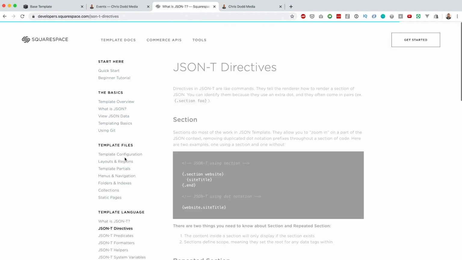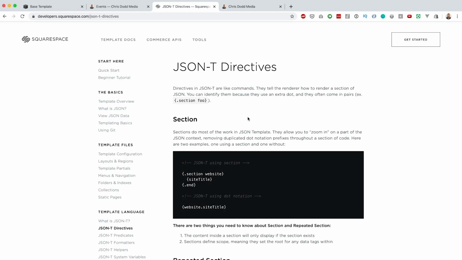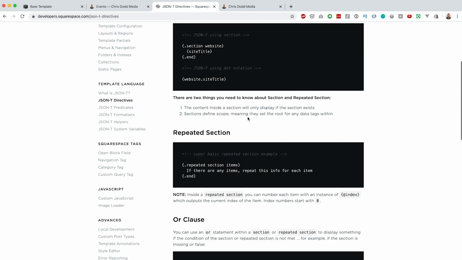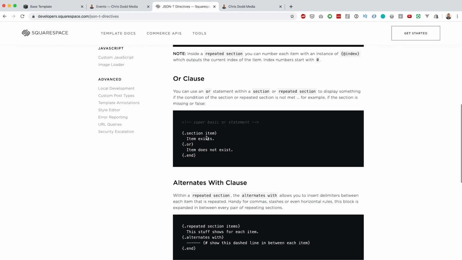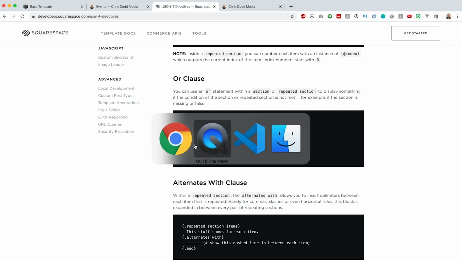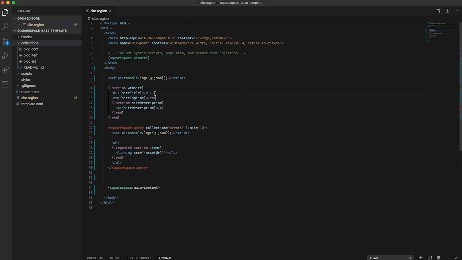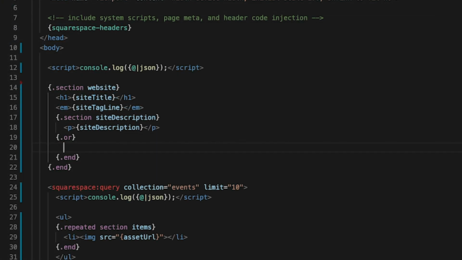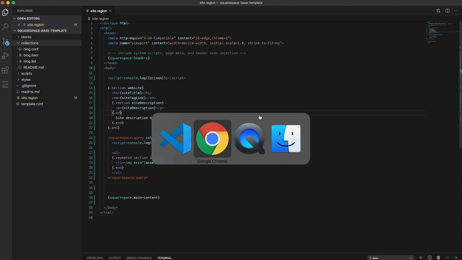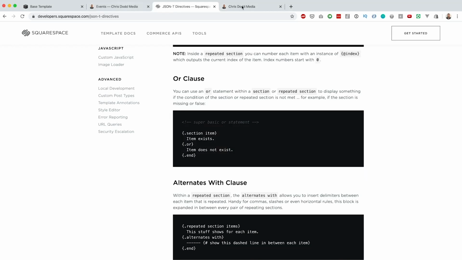Inside this menu item for JSON T directives, it talks more about the section and repeated section directives. We can also put in an or clause. So for instance, in our code over here, if site description does not exist, what we could do is put in an or. So if it doesn't exist, we can just say site description does not exist. You probably wouldn't want to do that on an actual website, but if we go back to here